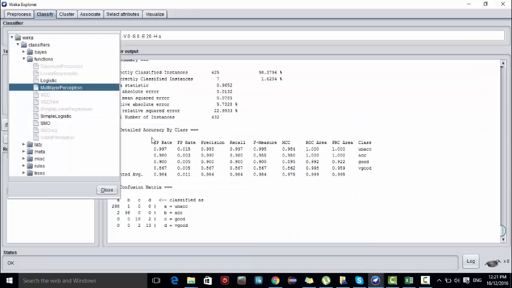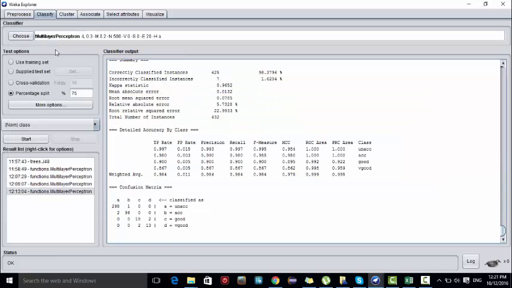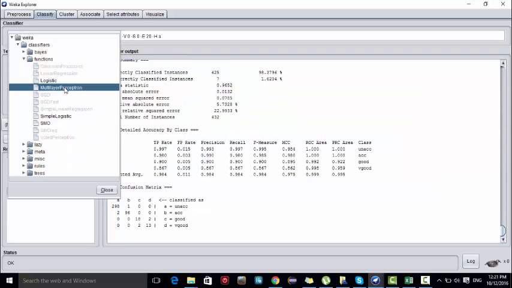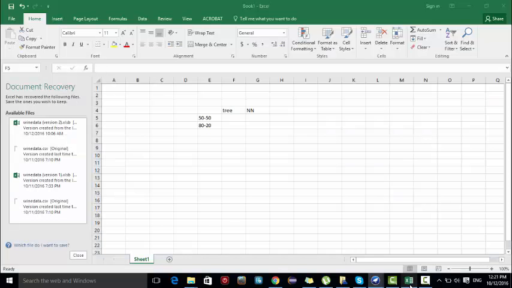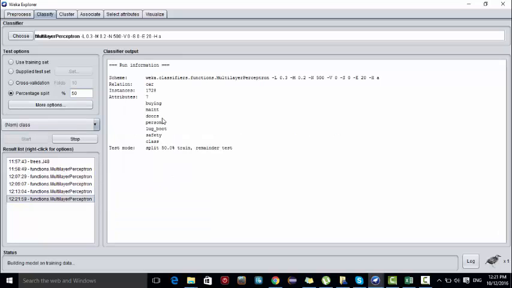So in this I am going to build 2 models, and I want to see the accuracy, changing the training split of the data, like training and test sets. First I am going to build a multi-layer perceptron. Here I am maintaining an Excel sheet of 50-50 and 80-20. So first I want to give the percentage split as 50 and see the accuracy on my dataset. As you can see here, now the model is being built on the training data.